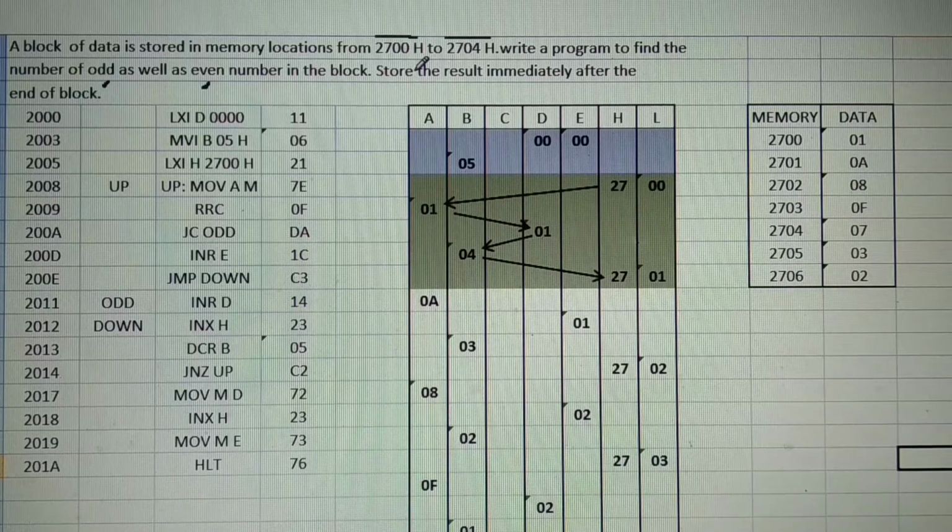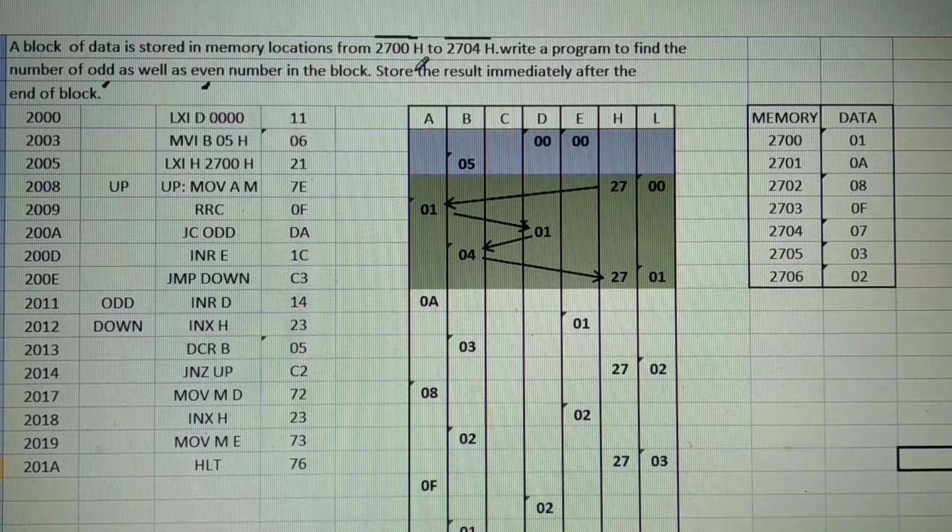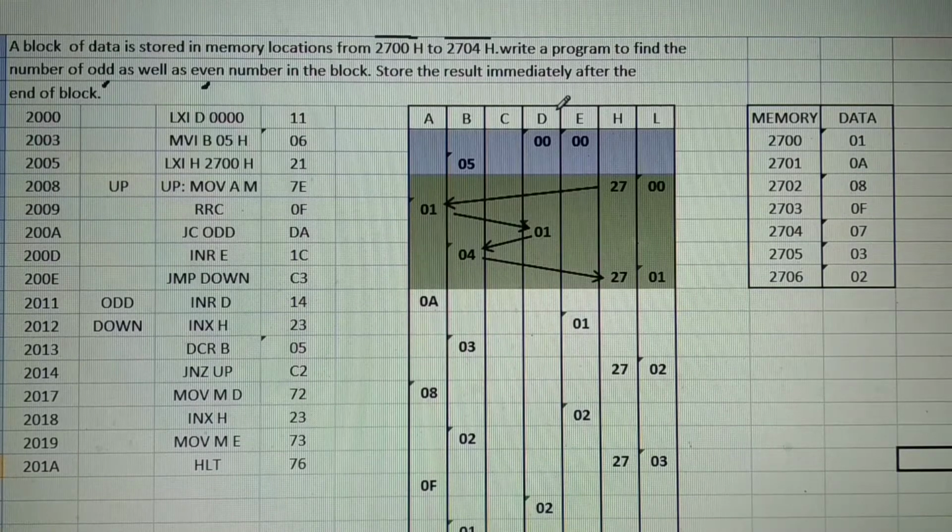Now the first part is initialization of the program. Here you are having 7 boxes called registers. When an odd number is found, you have to increment the content of one box. When an even number is found, you have to increment the content of a second box. But initially the values in those boxes should be 0. Here register D is 0, which counts odd numbers. Register E is 0, which counts even numbers.